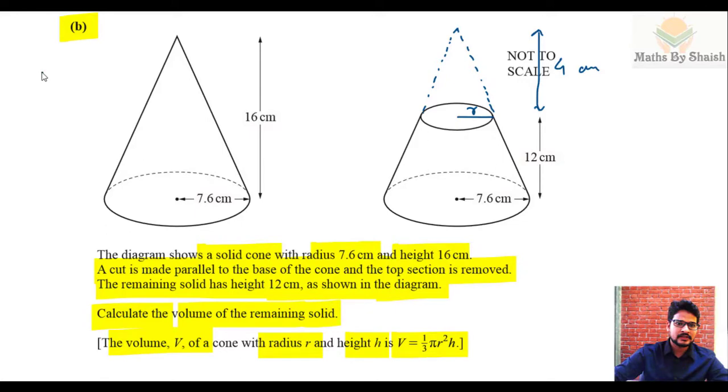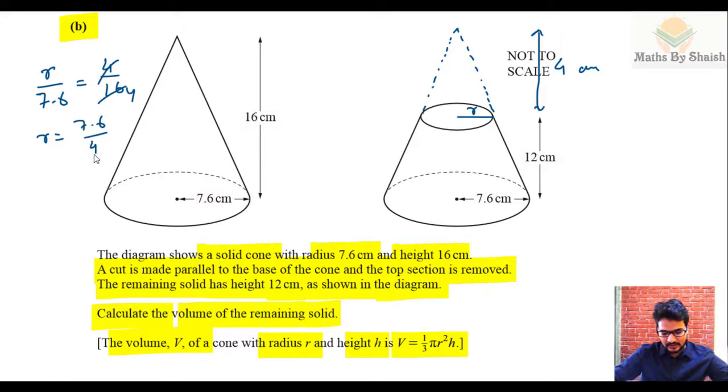It means if we take r corresponding to this height 4, we have 16 here. So r becomes, this is 4, so 7.6 upon 4. 7.6 upon 4 is 1.9, so r becomes 1.9. Once we got the radius of this, 1.9 centimeter, we can subtract this volume from the total volume to